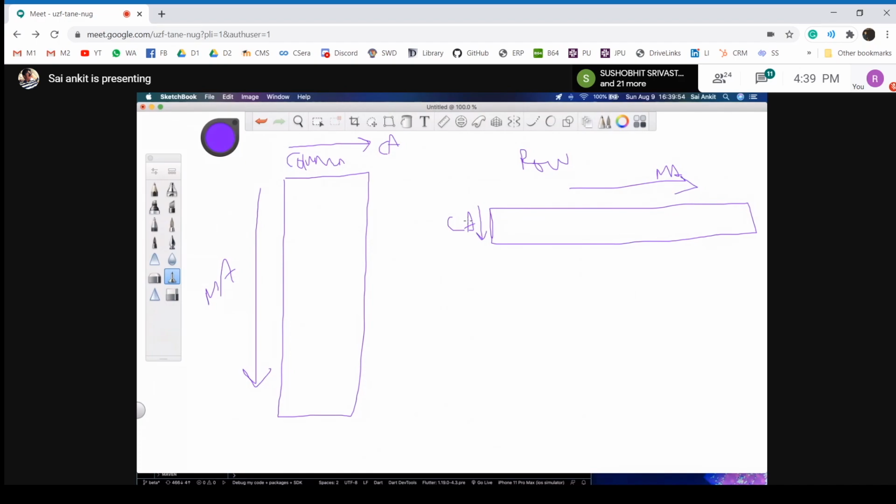Why am I saying this about main axis and cross axis? Because if you want to align the widgets that are present in the column, you have to use the main axis and cross axis alignments. Let's say I have 1, 2, 3, 4 widgets.